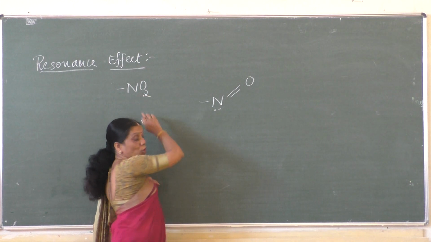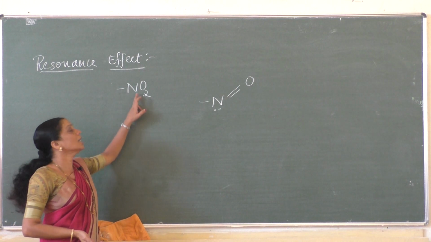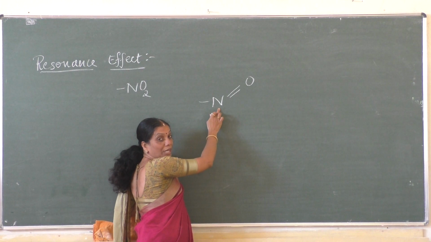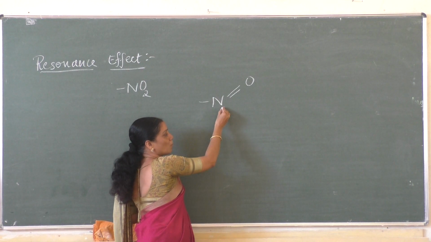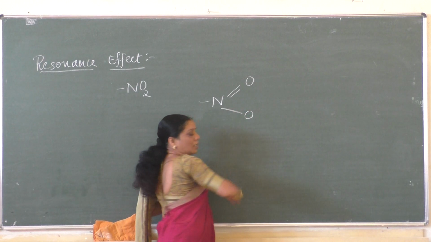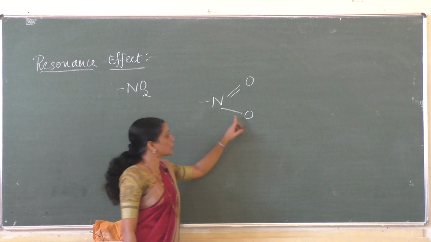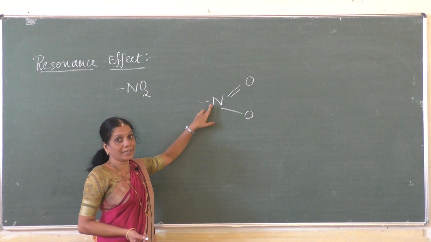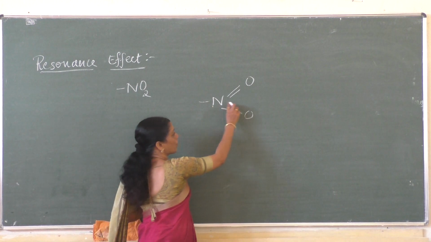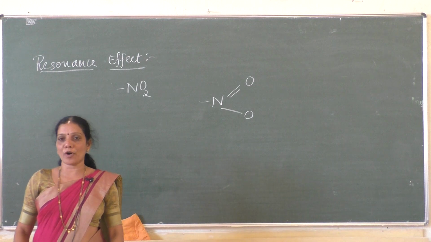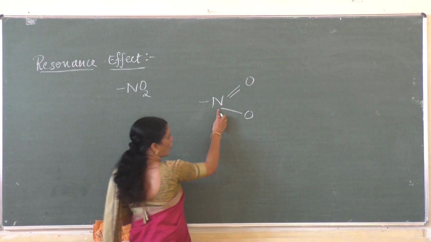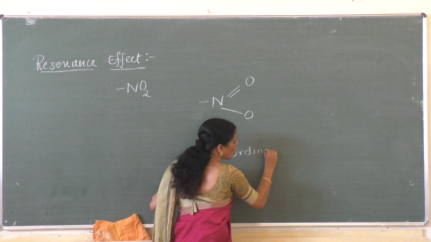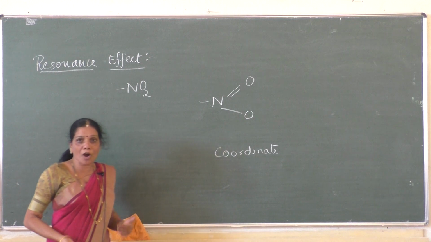Now this NO2 group contains 2 oxygen atoms, which means one more oxygen atom is bonded to the nitrogen by the donation of electrons by this nitrogen atom. Both the electrons are donated by the nitrogen atom for the formation of the bond with the oxygen. Since both the electrons are donated by a single atom for the formation of this new bond, this type of bond is not a covalent bond. This type of bond is called a coordinate bond, or coordination bond.